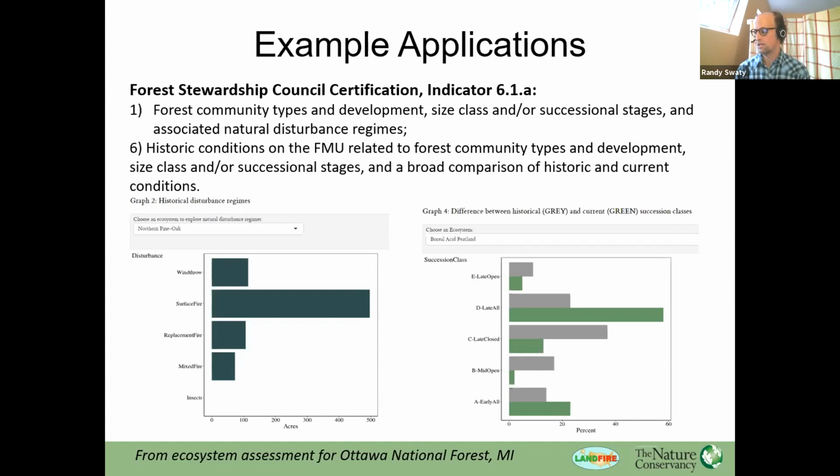On the right, you see the succession class differences between the modeled historical in gray and the current succession classes in green. As expected, you see a dominance of the late closed class succession class for the boreal acid peatland. Again, another online web app report that we generated for the Ottawa National Forest.